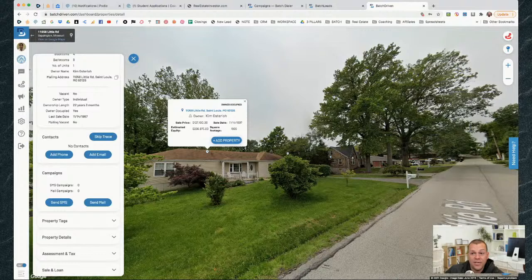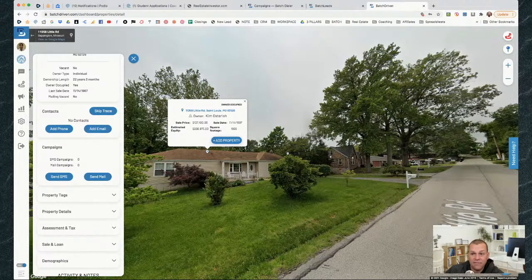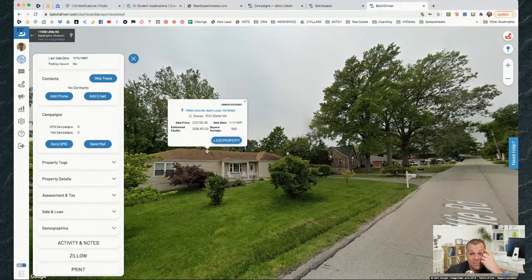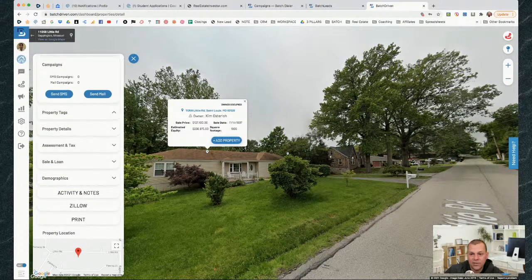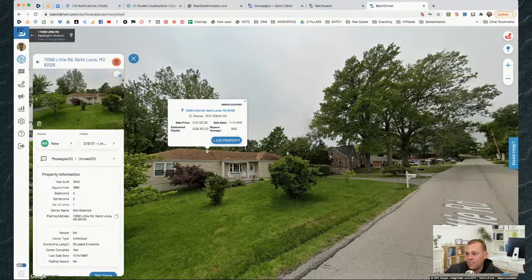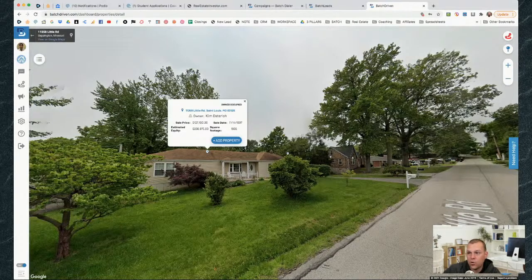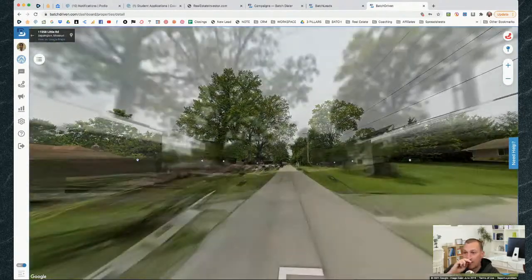And if I wanted to do an instant skip trace, I could by clicking right here. I could also manually add a phone or an email. I could set up an SMS campaign or a direct mail campaign right here. I could add tags to the property. And if I wanted to see details about the property, I could. So you have all types of cool options right here, okay? So what we're going to do is we're going to go ahead and add that property. You can see success, property added successfully. So the goal today is to really just drive around virtually and find a couple properties that